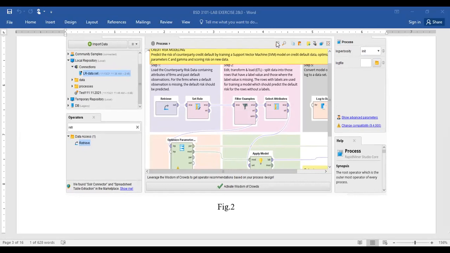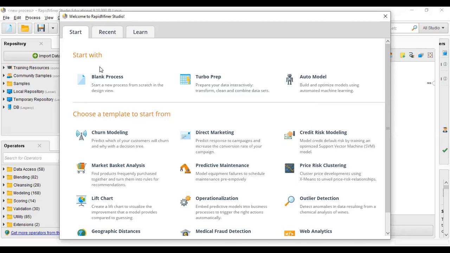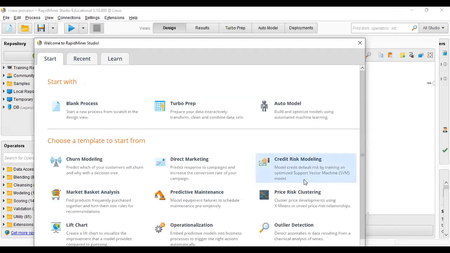So let me go back to the RapidMiner Studio software. I've gone to RapidMiner Studio. I'm not sure whether it is visible from your end. Is the RapidMiner Studio visible from your end? Yes, good. So either you can come and click this credit risk modeling, or you can just close this dialog